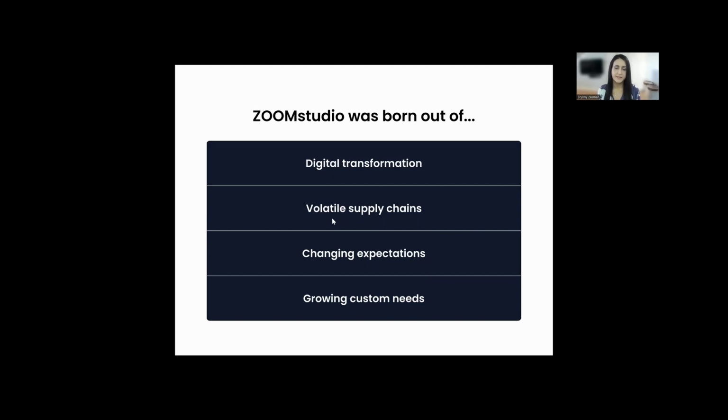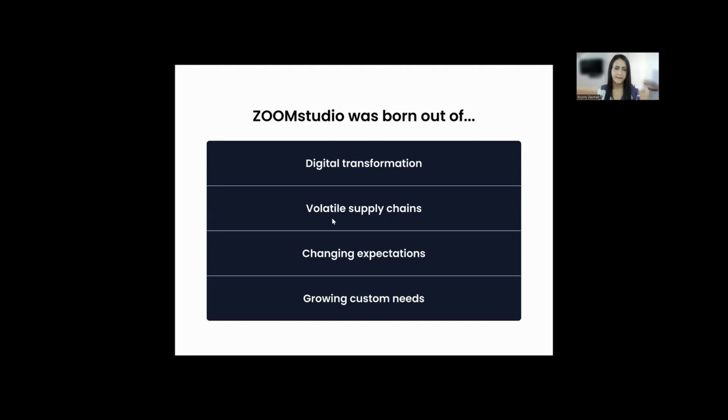With these changing expectations, they're also starting to expect ways to market your products easily and to get presentations quickly. They're expecting that your product information is accurate and up to date. And these things can be done with ZOOMstudio, because ZOOMstudio has been built to make the whole process of creating content simple. So you can actually meet the expectations of distributors and end buyers by giving them tools to be able to sell your products,